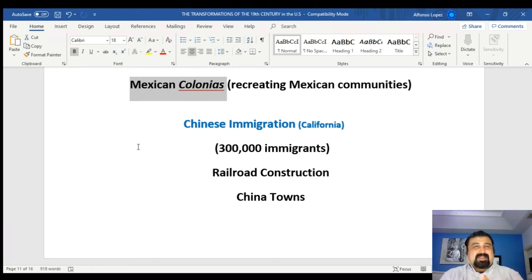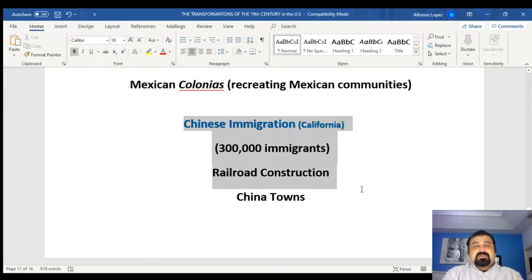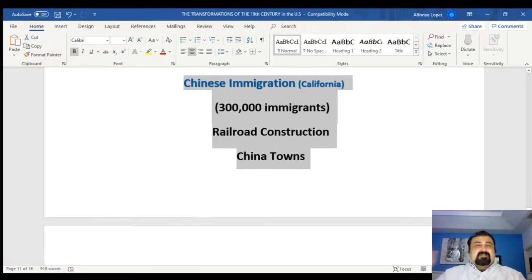so they can adapt to a whole new reality, far removed from the one they left behind, but that provides some form of comfort, if you will, a sense of community that is very familiar to them. Now, of course, besides the Mexican immigrants, we're also going to see Chinese immigrants coming into places like California, for example, on the West Coast. There are going to be about 300,000 Chinese immigrants arriving in the latter decades of the 19th century,